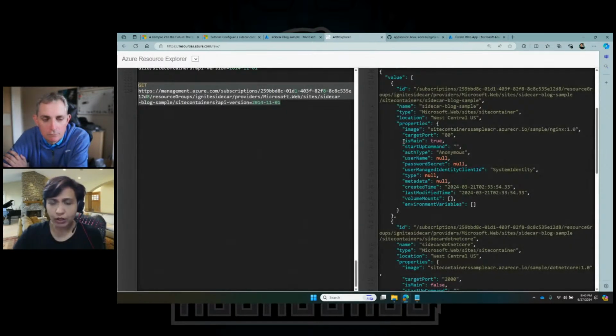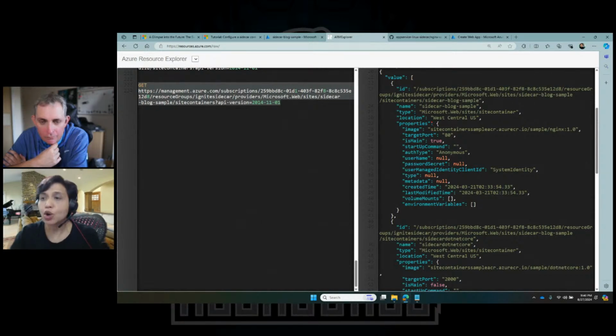Now, before moving ahead, I wanted to show one quick thing that we have done with sidecars. The way we are implementing the sidecars under the covers is that for each website, we've added a site container collection. So here you can see that this is the site container collection.